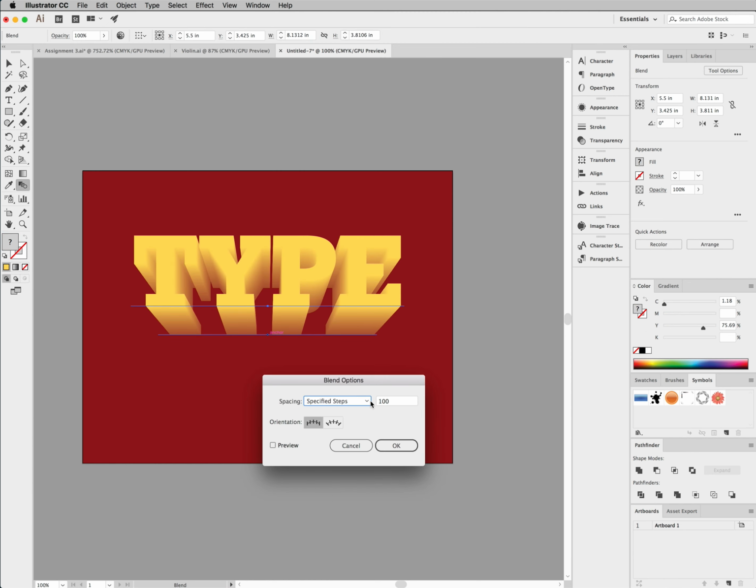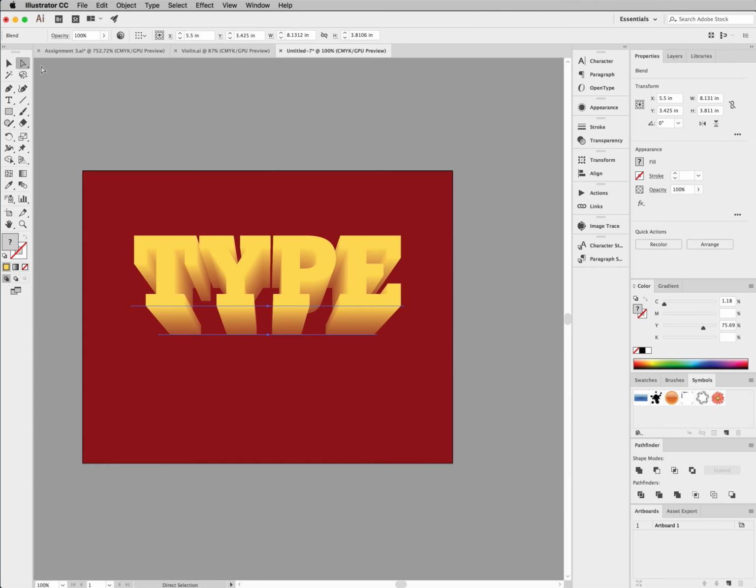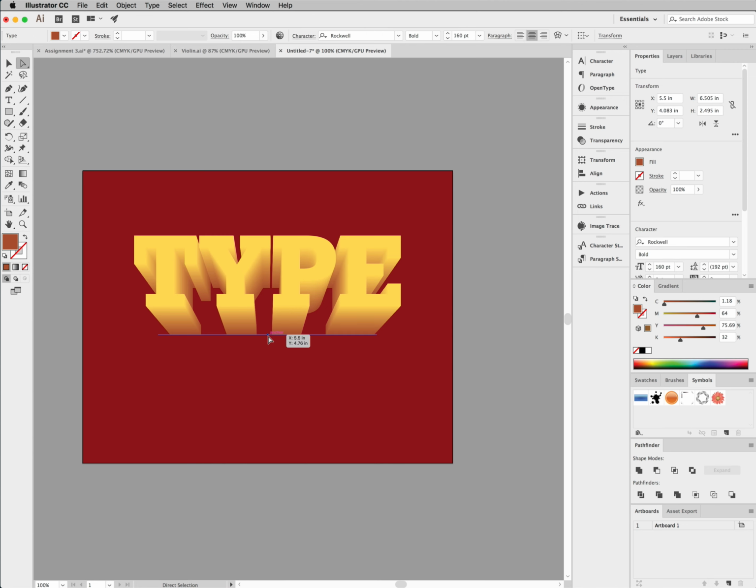It just blends it from one color to another. And here you have 100 specified steps. If I reduce it to 10, you can see every single step. So it's not as smooth. Down to 5, and it's really choppy, right? So I keep it at 100, so it's nice and smooth, and I can do pretty much everything I want to do with it. So at this point, I'm going to move that one around just to show,